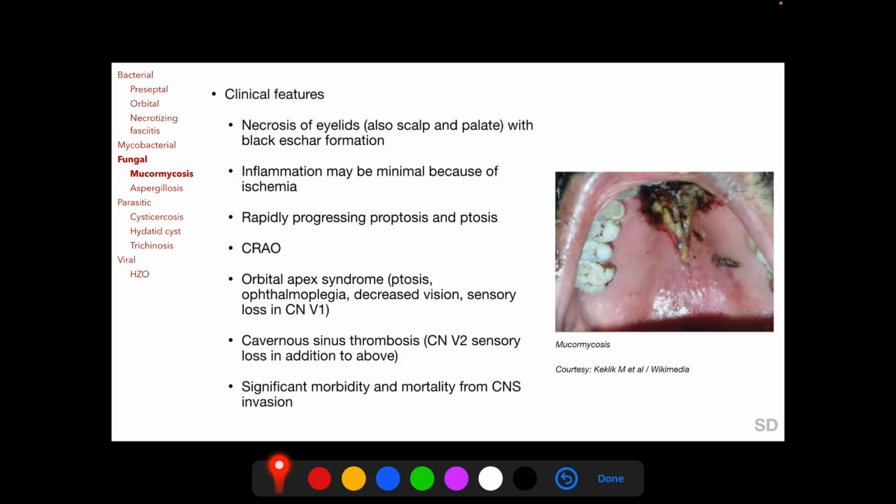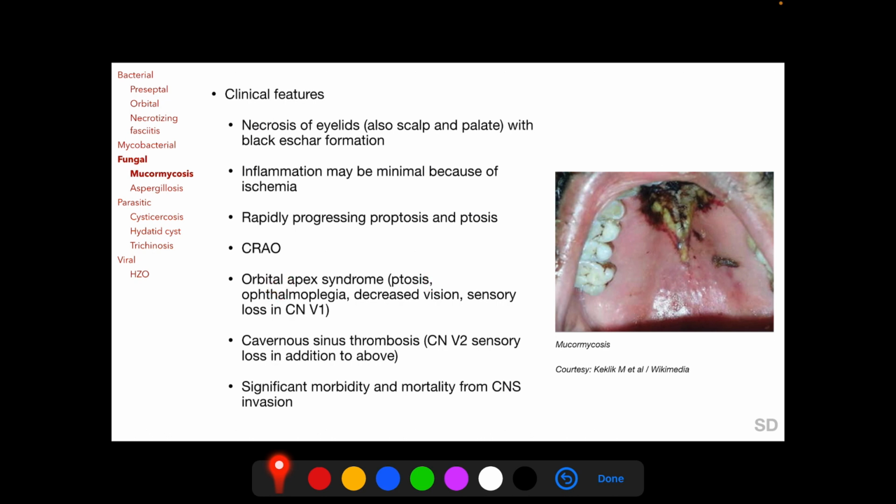Clinical features which develop in rhinocerebroorbital mucormycosis include necrosis of eyelids, necrosis of the scalp, and necrosis of the palate with black eschar formation. And here we see a picture of a patient with black eschar formation on the palate. However, because of the ischemia, inflammation may be minimal. But there is rapidly progressing proptosis and ptosis, and patients with mucormycosis can have central retinal arterial occlusion,